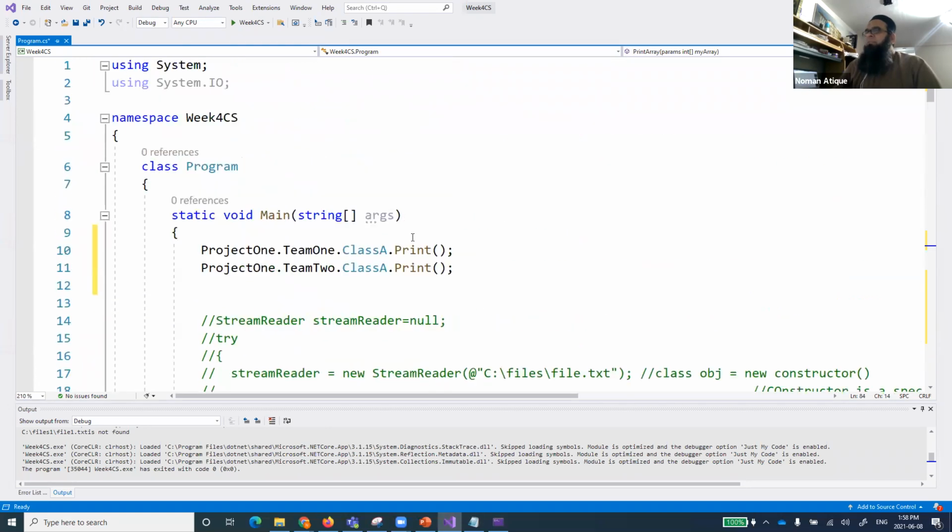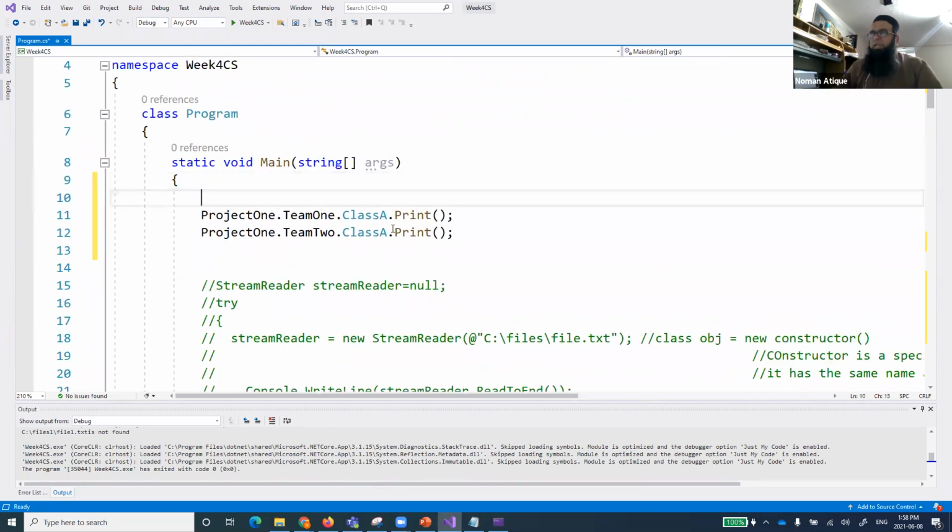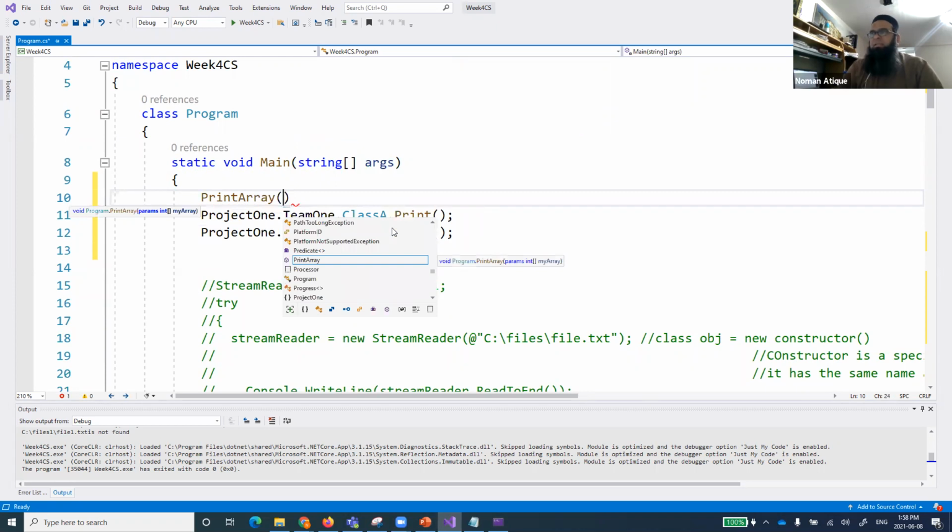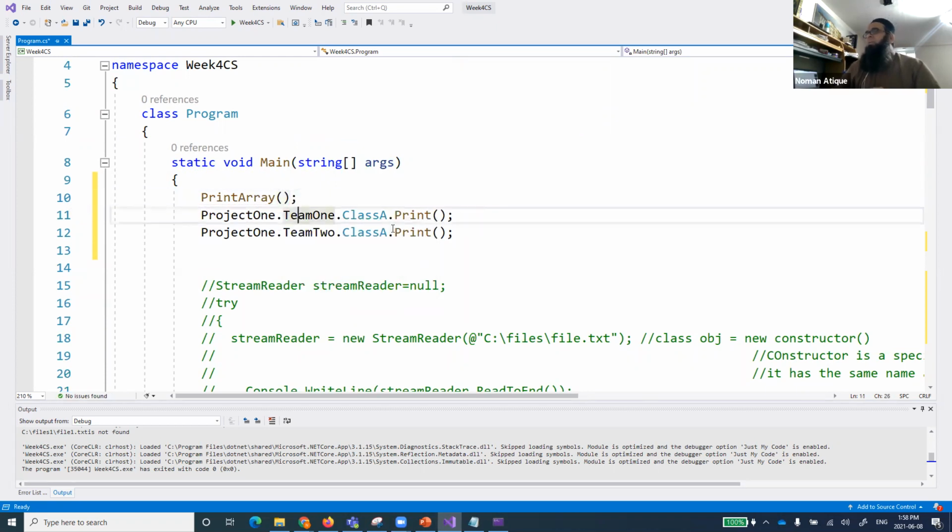You remember, we can call this method over here by using this name print array. And I can pass it anything, or not pass it anything. You remember from the last class that it will accept it. But this print array can also be called as. Can anyone tell me how else I can call it? The way that we called it when we were discussing this one. Yes, the program dot.